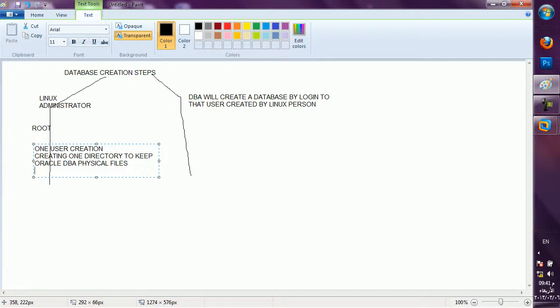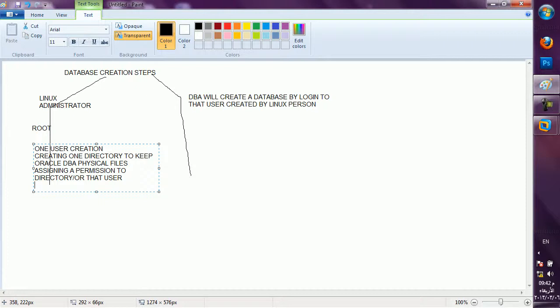Then after creating this directory, permission is required from the Linux administrator, whether he will allow saving the files or directories to this particular user. Means assigning a permission to the directory, or you can say to that user. And a permission to my parameter file, to save my parameter file in a particular folder. For that also I require a permission from Linux.